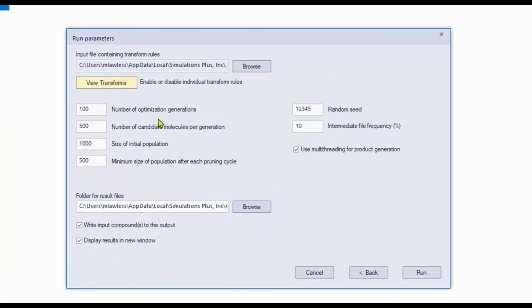The number of optimization runs is set by default to 100. I'm going to set it to 5 so that we can quickly produce these and we can look at the output. By default, it generates 500 compounds per generation, except for the first generation, in which it will generate 1,000 molecules. And then the minimum size of the population after each pruning step is set to 500. This is a way to increase the population initially and have more molecules to select from. We're going to set the intermediate file frequency to 10%. So that means that when it reaches 10% of the optimization runs, it's going to output a file containing those molecules